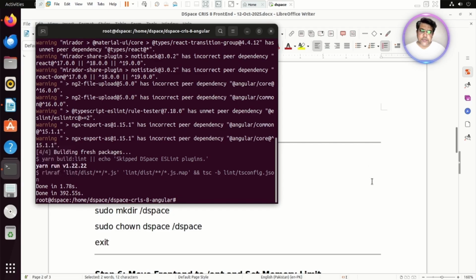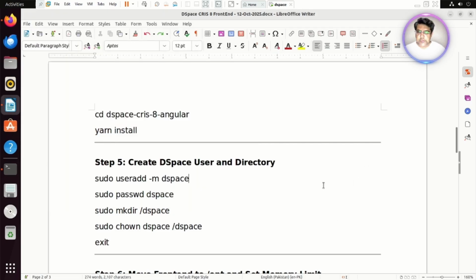So it has done, and now let us move to the next step,